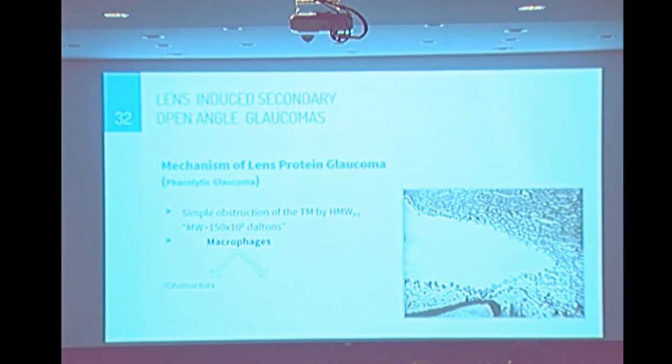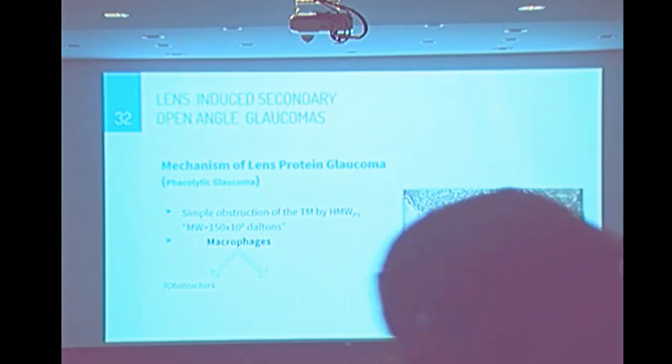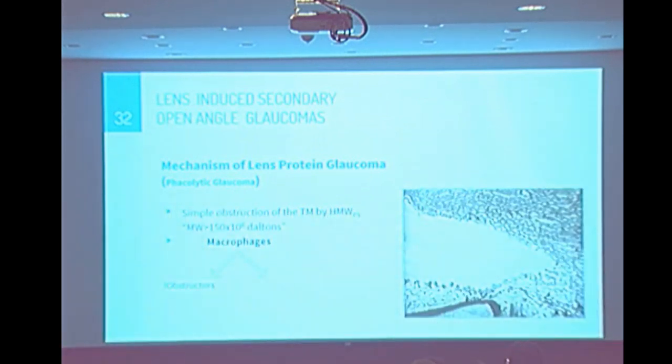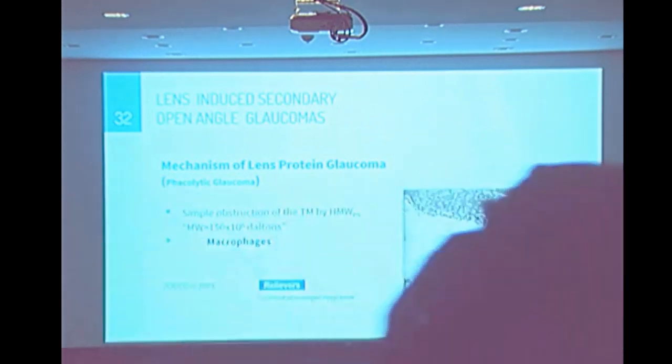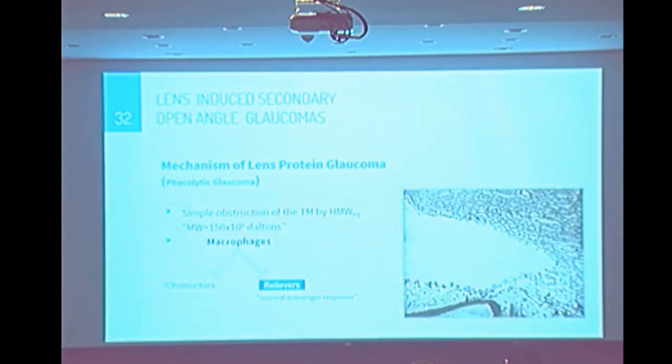So they want to say that the macrophage is not the reason for elevation of the intraocular pressure. Maybe their presence has an additive effect, but the main mechanism of pressure elevation is this heavy molecular weight lipoprotein, and they believe that this macrophagic response is a reliever, a scavenger. They engulf. When they irrigated the anterior chamber with BSS, they couldn't move this heavy molecular